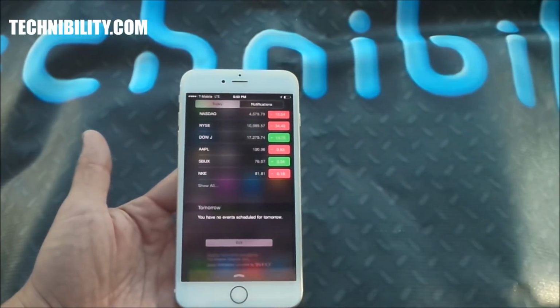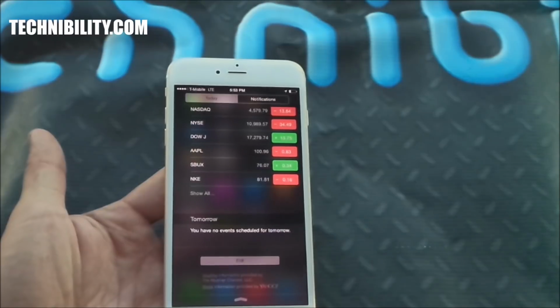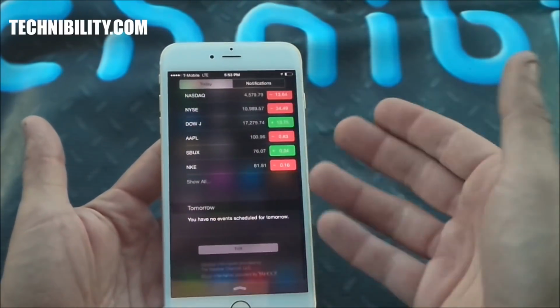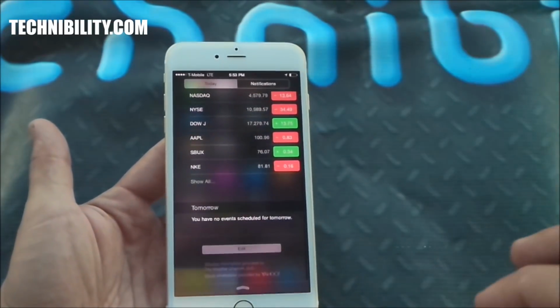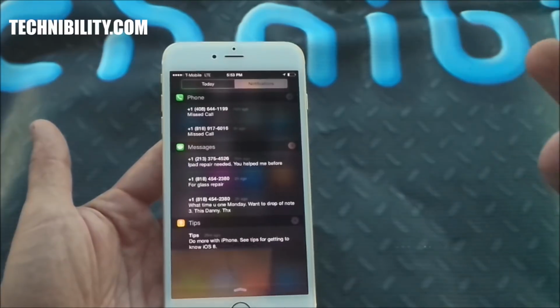Now, you can see the notification bar. They've added these widgets. I call them widgets, guys. I don't know about you, but I call them widgets, and I got that term from Android. You can see the variety of widgets. I'm sure you can add third-party widgets. Hopefully, that's what we're going to get here with this new, not really new, but kind of refined notification